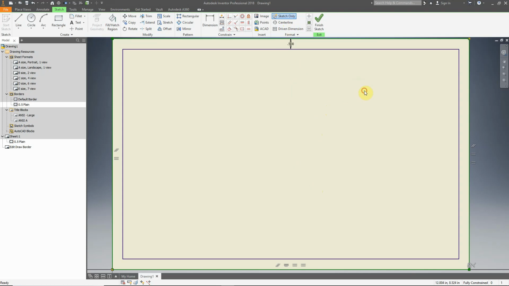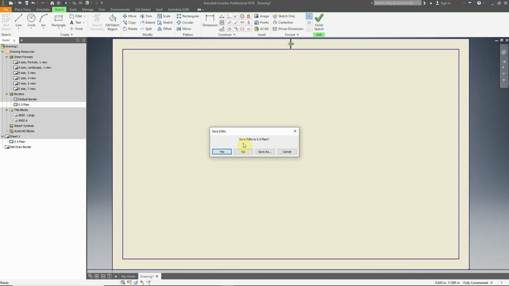Now when I click off, notice sketch only is no longer highlighted, meaning the next thing that I'm going to draw is not a sketch only. It is a blue object or a regular object, just like this here that I've selected. Again, not highlighted. Select this one here, and it is now highlighted. It is a sketch only. So nonetheless, I have changed this outside border to a sketch only, and I've left this inside alone, and I